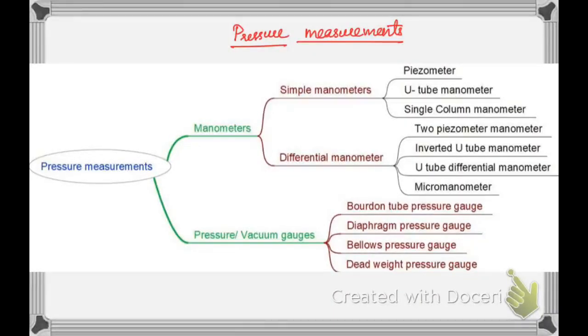So in this video we are going to see the description of all the pressure measuring devices. Pressure is very important in day-to-day life, and there are many applications of it. Every day we are using a knife. The area of the edge of the knife's blade is very small, and when we apply pressure it is used to cut a material or a vegetable, something like that.